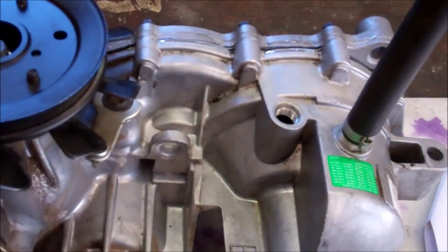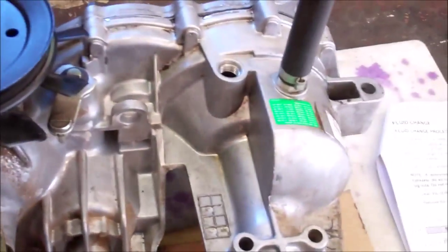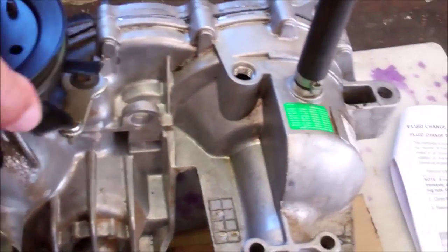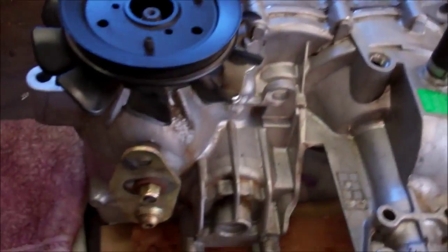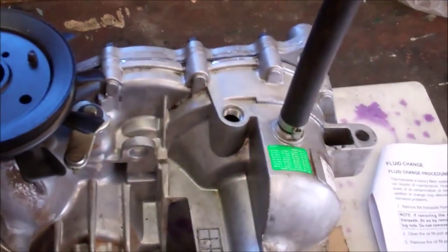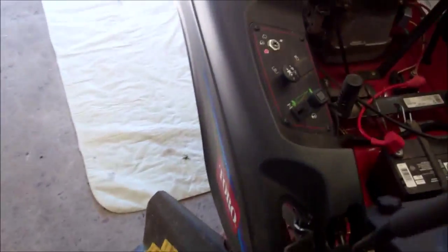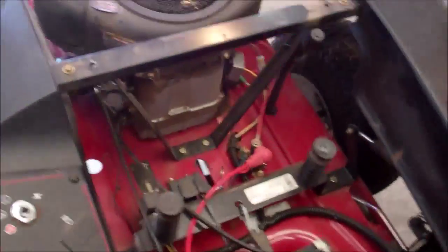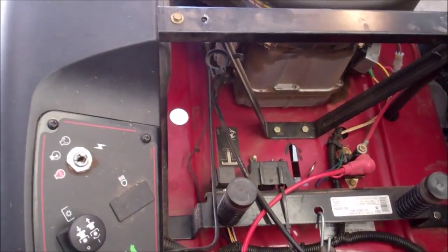I'm anticipating that once I hook it all back up and run the motor on the purge sequence to purge all the air out like the instructions state, that I'll lose the level down to the minimum. And that being the case, because it says in the manual to recheck after you purge, but unfortunately,